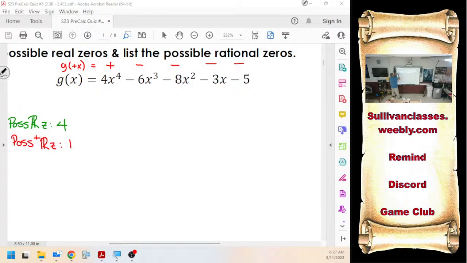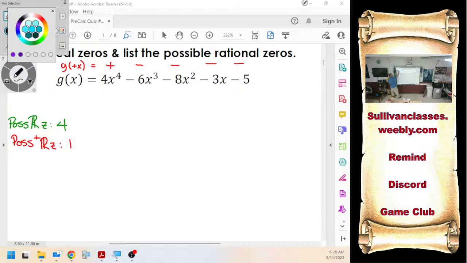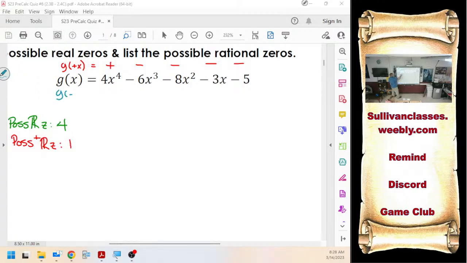There we go. If I plug in a negative x instead, remember that an even number of negatives will not change the current sign. So this is positive. An odd number of negatives will change the current sign. Even won't change, odd will change, constant can't change because it's constant. And I count up my sign changes. It goes from positive to negative, negative to positive, positive to negative. So there's 3 possible negative real zeros,